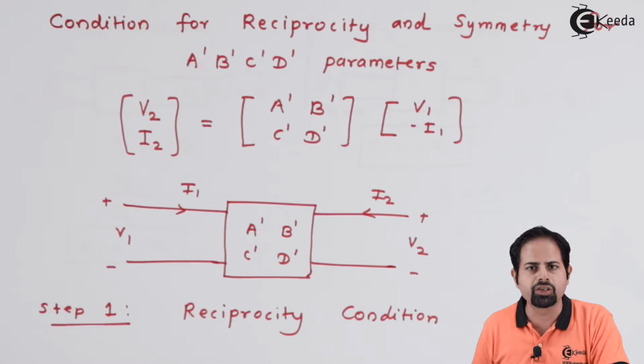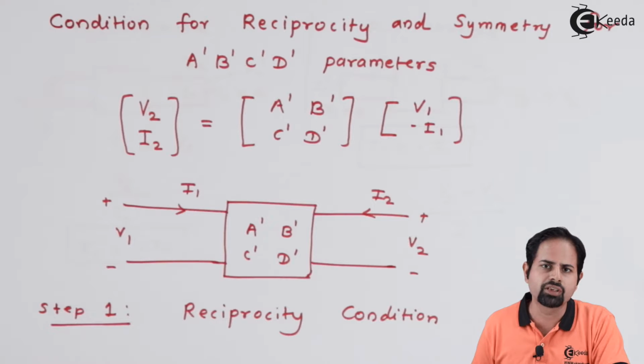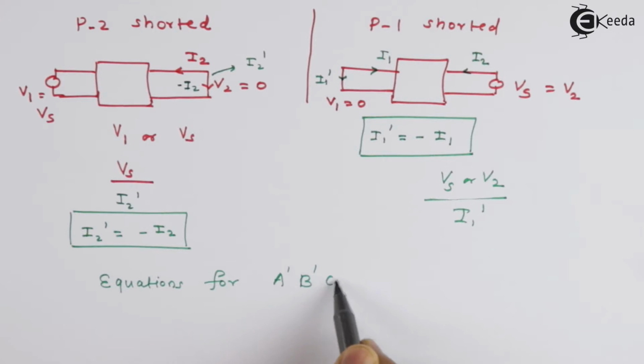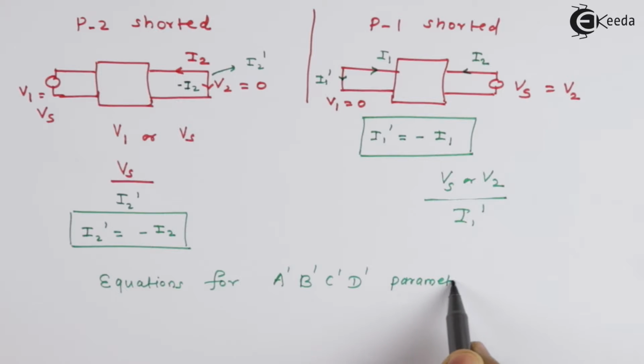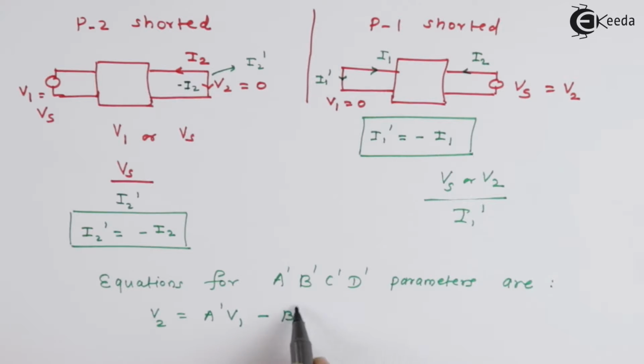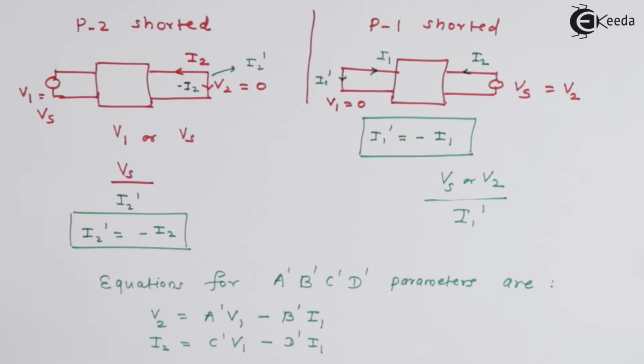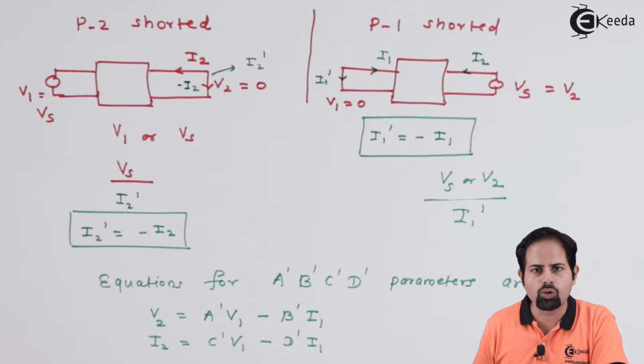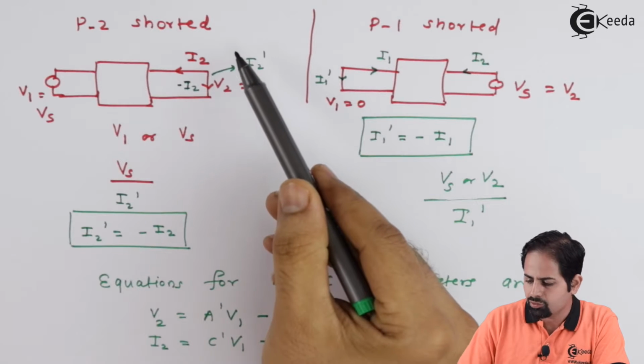So first we will write the equations and then we will substitute both the cases and get the ratio. So these are the equations for these parameters,